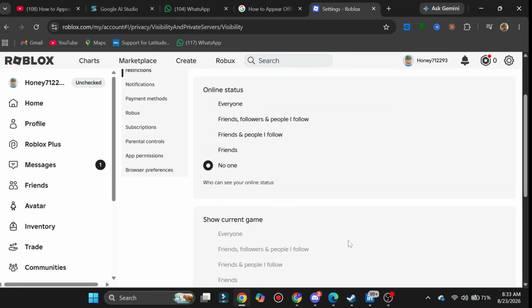However, keep in mind that Roblox doesn't currently provide a true Appear Offline feature. Depending on Roblox's current privacy settings, your friends may still be able to see that you're online or playing a game. So while these settings won't completely hide your online status, they can help reduce unwanted interactions and give you more privacy while playing. And that's how you can adjust your Roblox privacy settings to appear offline as much as